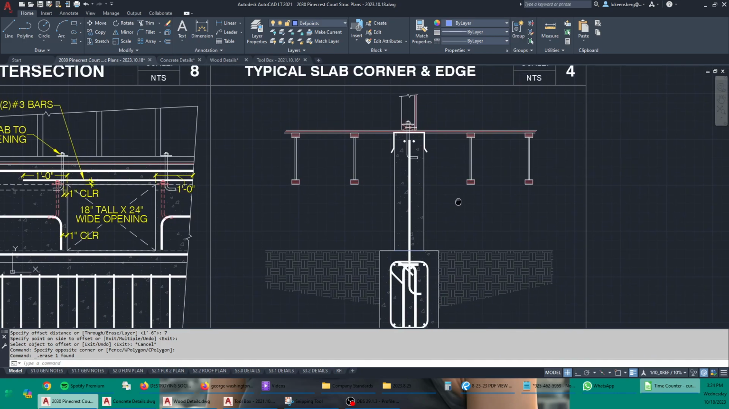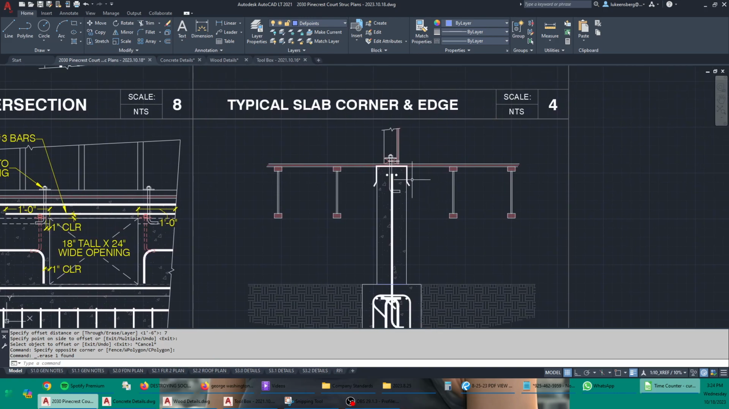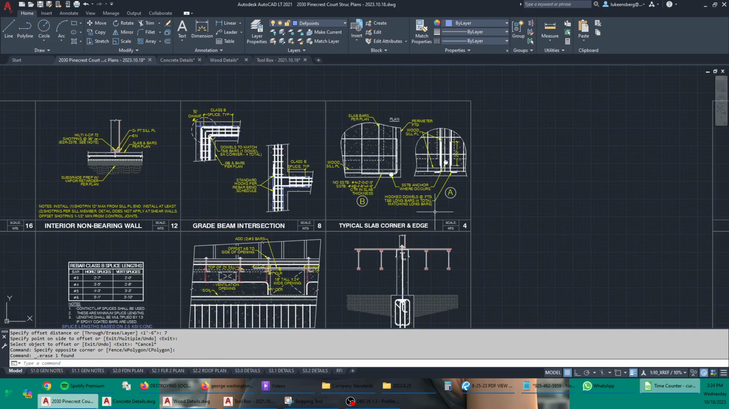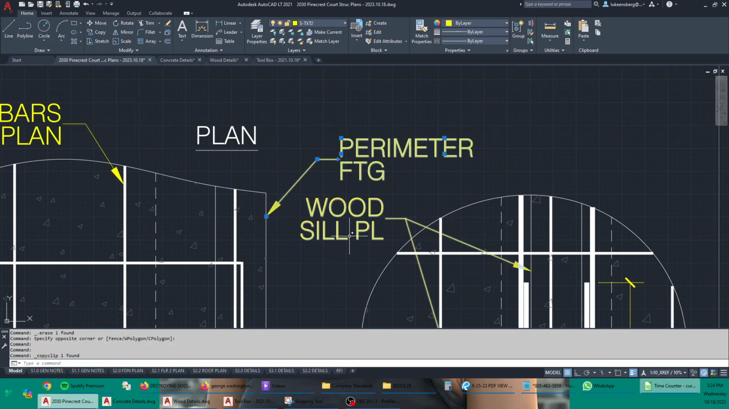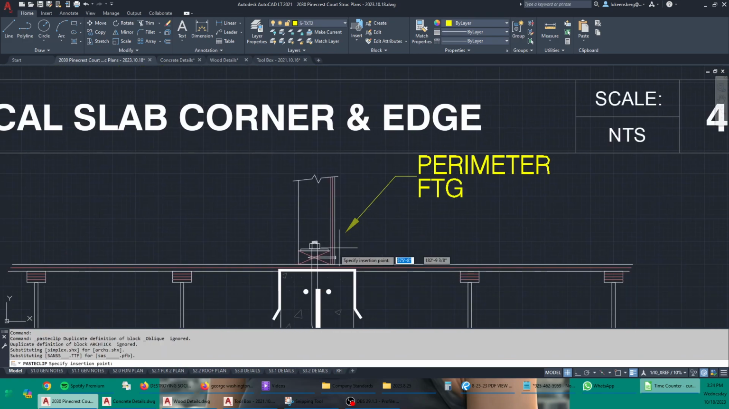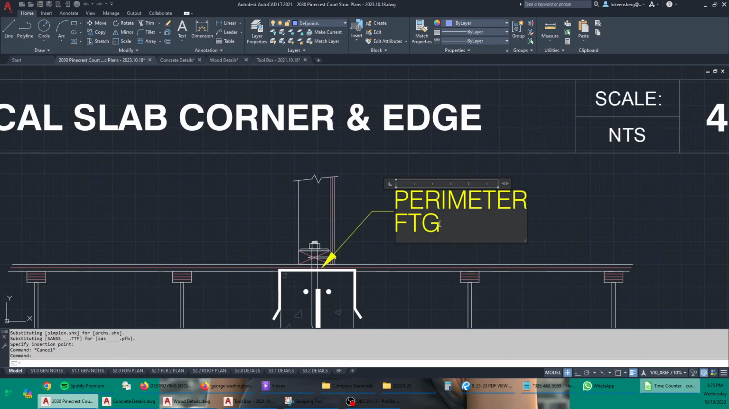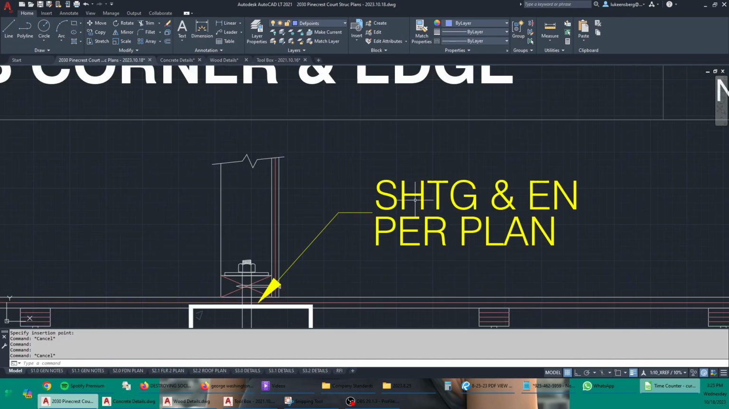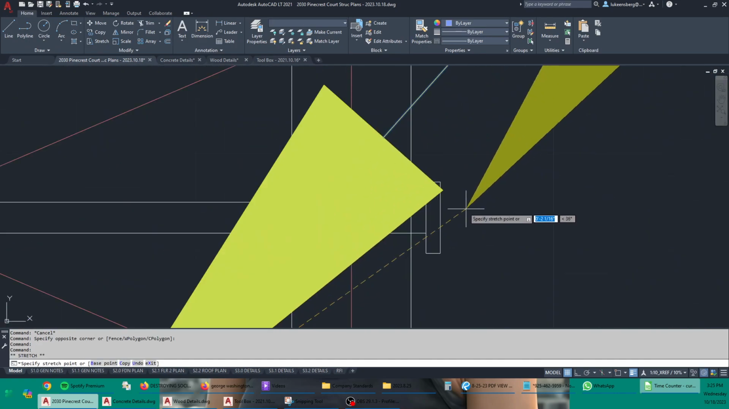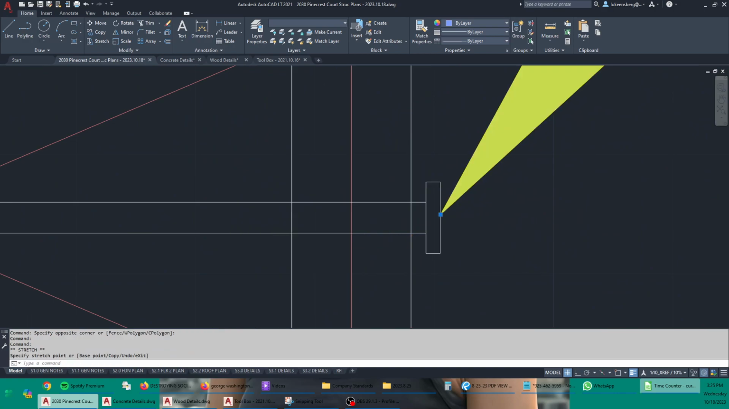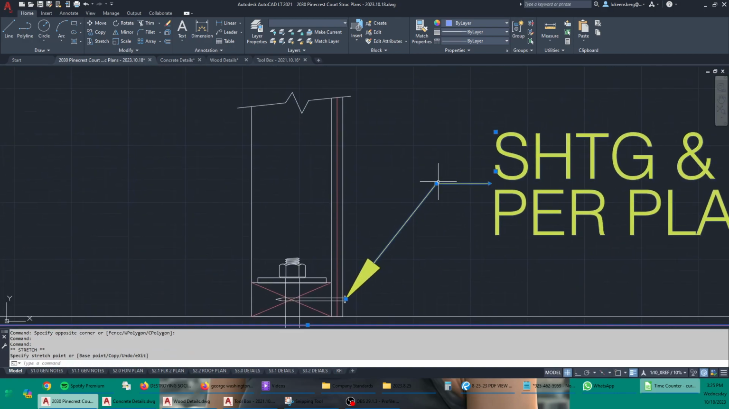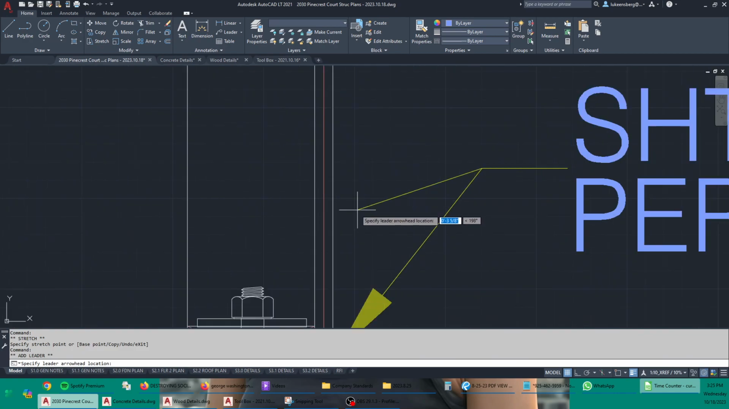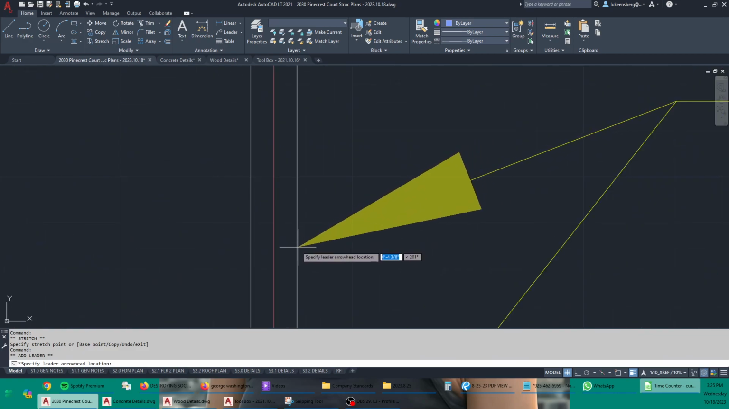It's time to start labeling things. So I'll just go to another detail, grab one of these multi-leader bad boys. So this will be sheathing and edge nailing per plan. And then I will point, this is called a leader or an arrow, I'll point the leader at the edge nailing, and I will add another one pointed at the sheathing,